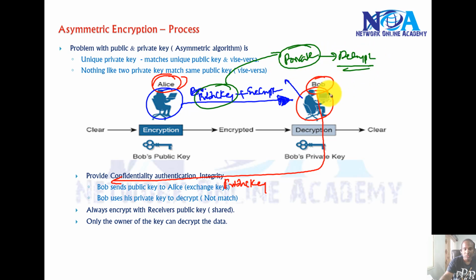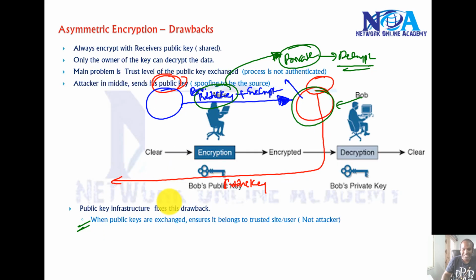So now the owner who has the key, only he will be able to decrypt that particular data, which provides a secure communication. Only the owner of the key can decrypt the data. But one of the possible drawbacks with this method is